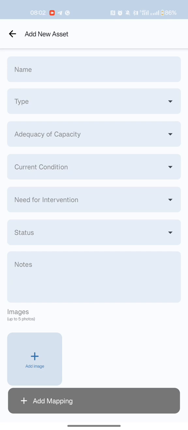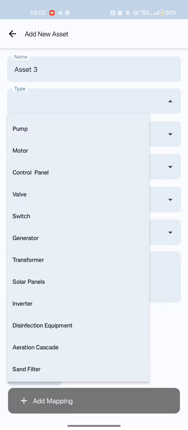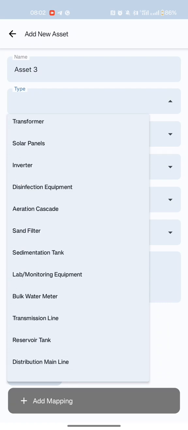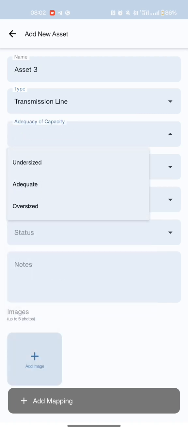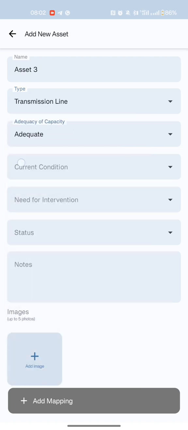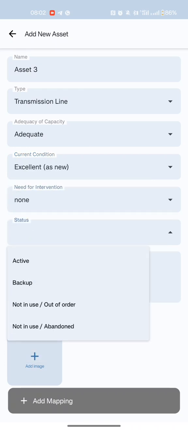We'll go ahead and fill in this data quickly. I'll start off with the name. I'll go ahead and call it asset 3. The type of asset, in this case, let's see something that allows us to collect a multiple number of points. We'll select task, transmission line, adequacy, let's say it's adequate, condition, excellent, as new, needing intervention, none, status, it's